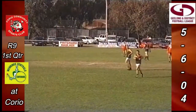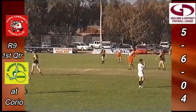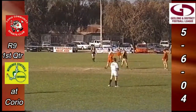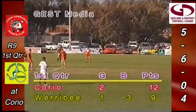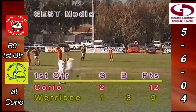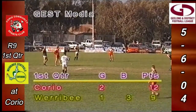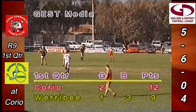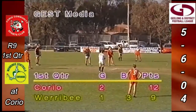Wallace we saw off a half-back flank in the Werribee game early in the year. It appears to be more of an on-ball role today, and gee, he reads the ball so well. Oh, that was a lovely finish, wasn't it? He grabbed the ball there, read it beautifully and ran through. I think he's one of those players, in this sort of league, that probably can play nearly any position, I'd say. I was going to do some stats there, but we'll catch you up as the ball is back with umpire Burns